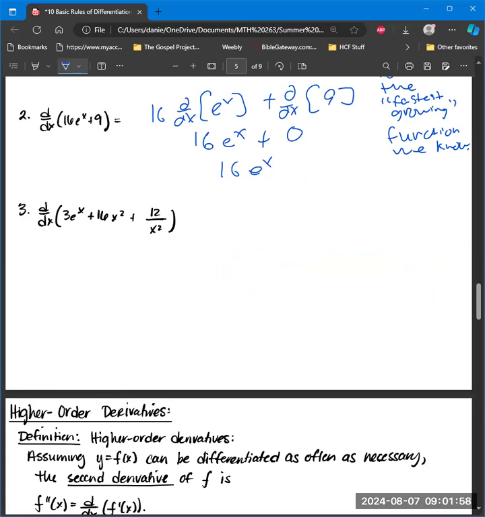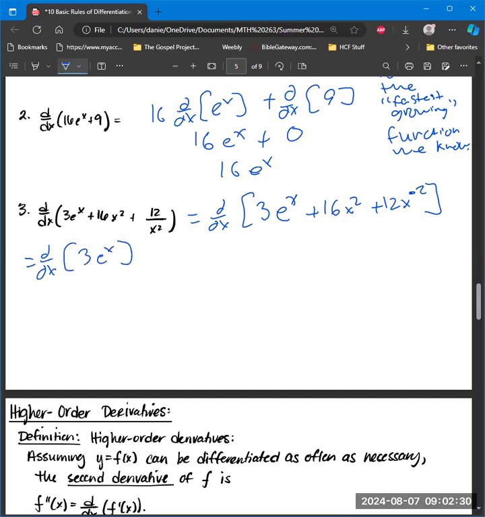So don't forget with laws of exponents here for this problem that this is the same thing as the derivative with respect to x of 3e to the x plus 16x squared plus 12x to the negative second. And we're going to show you that the power rule doesn't have to be used only with positive integers. We can use it with any real number here. So this is going to be the derivative with respect to x of 3e to the x plus the derivative with respect to x of 16x squared plus the derivative with respect to x of 12x to the negative second,